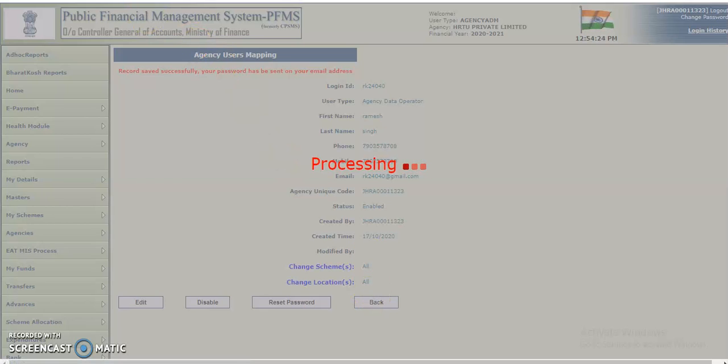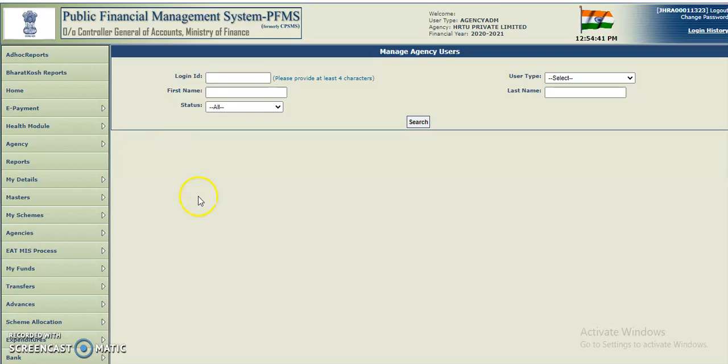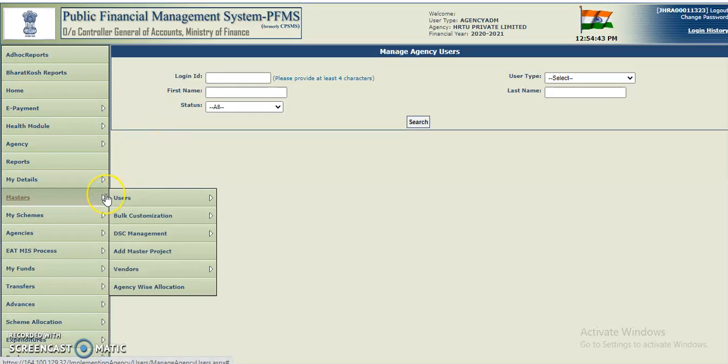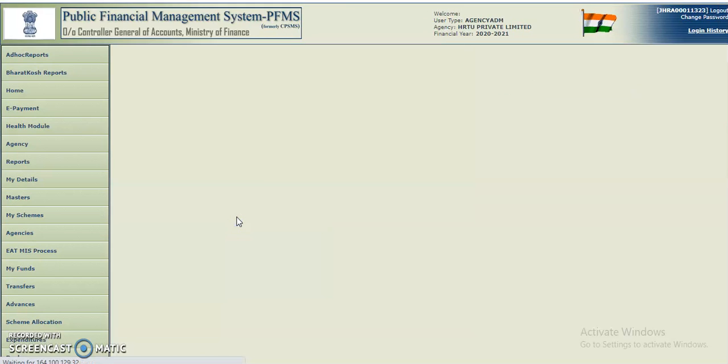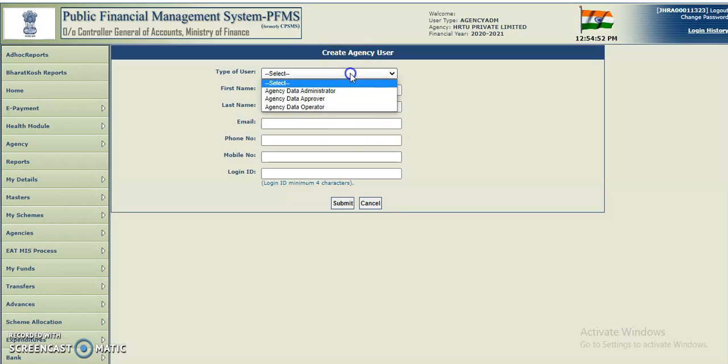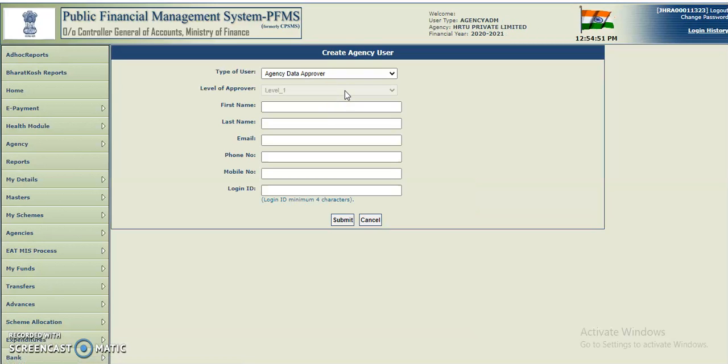Now we have to create one more user who is going to approve the entries made by the data operator. So we have to create one more ID for the data approver who is responsible for approving all those entries. Mention his name, your senior manager or accounts manager. Suppose I'm putting here